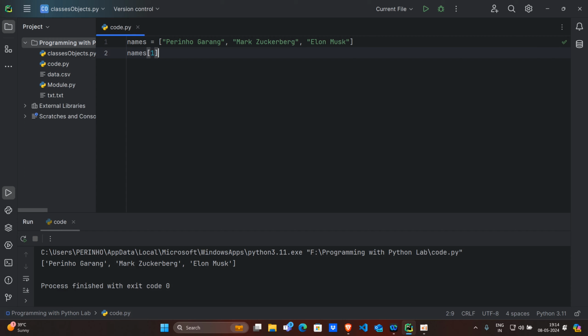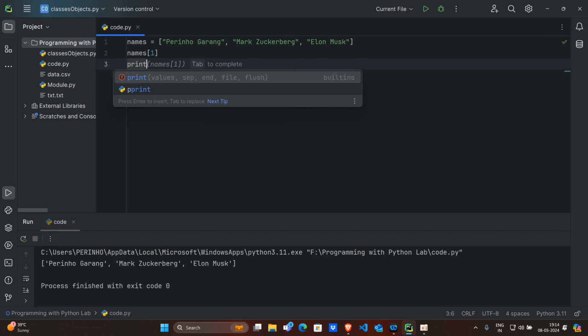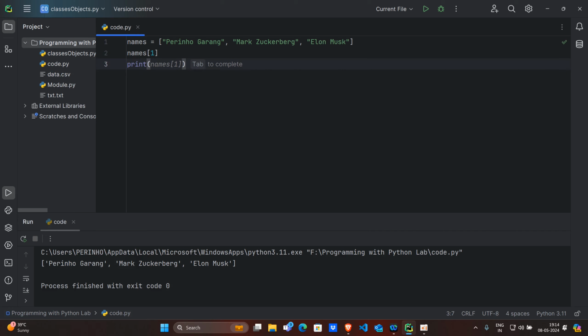And because you know that to print something on the screen, we need to use a print statement. So that's why I'm here using the print statement, and I'm just going to copy names and paste them inside this print statement here. And if I print here, you will see Zuckerberg is only printed and the rest are ignored,